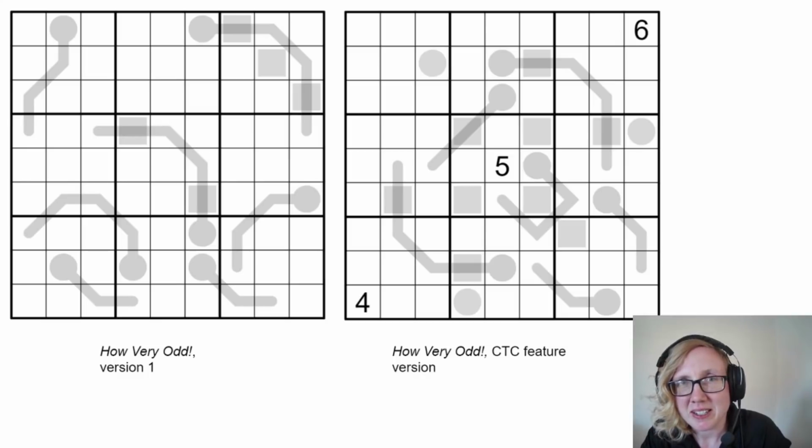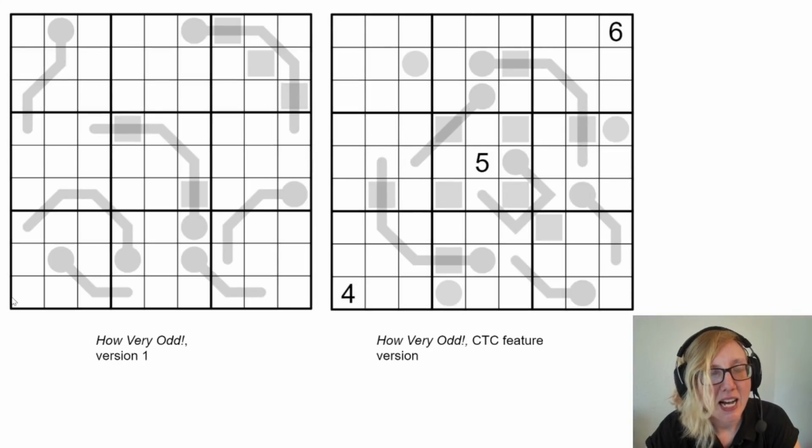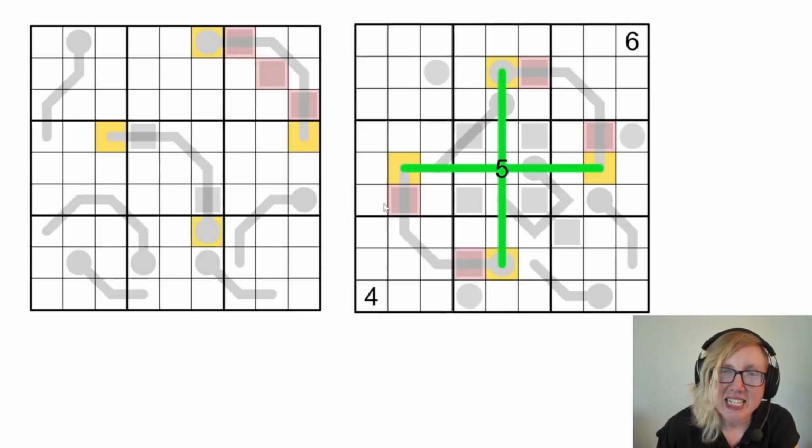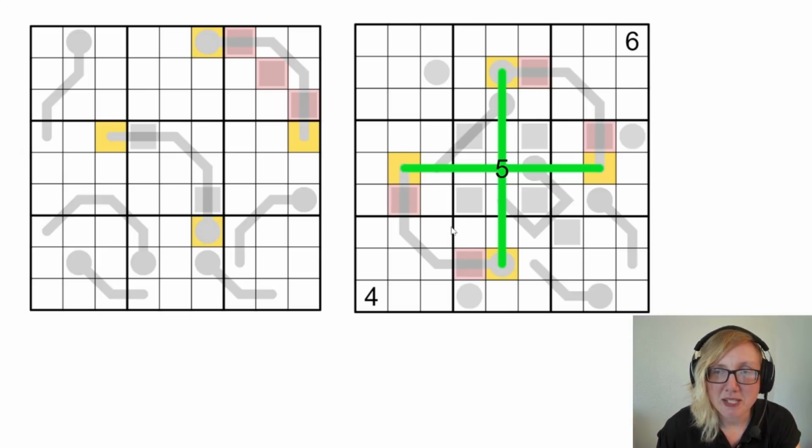What you're looking at on screen here, on the left, is the first version of How Very Odd, my rough draft. On the right is the version that was featured on Cracking the Cryptic recently. And I want you to take a look at some of the differences here in light of this concept that a challenging idea is better justified when it's presented fairly and clearly. The central idea in either of these puzzles has to do with these cells that I've highlighted in orange in each grid. The central idea of this solve is that due to the positioning of these even cells that I've highlighted in peach on the two grids,